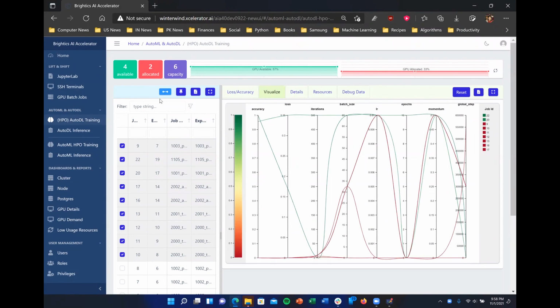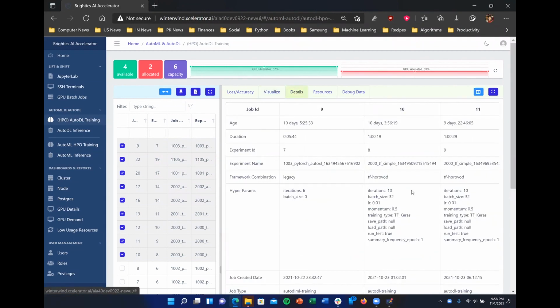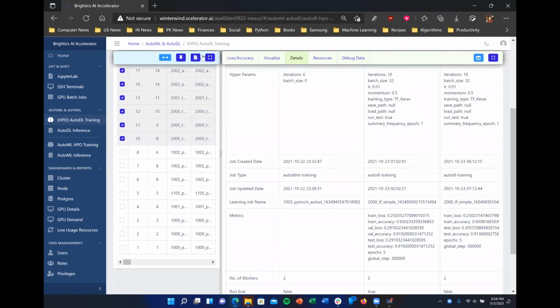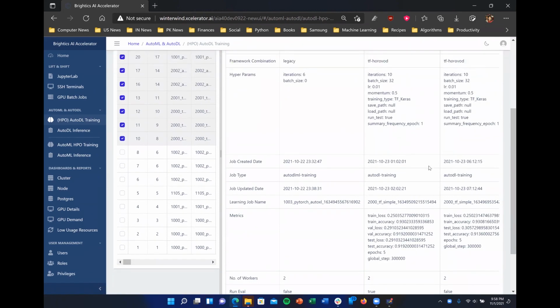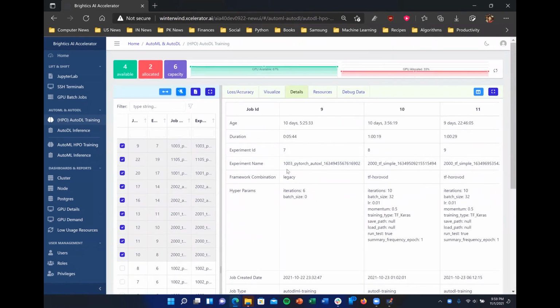There are some other things also, like for example, if you want to look at the details and you want to scroll, you can see there's a header here. You can make it non-sticky and the header will disappear. And you can export your grid also to a PDF. Moving on,